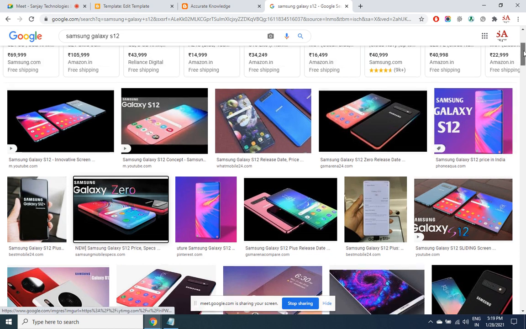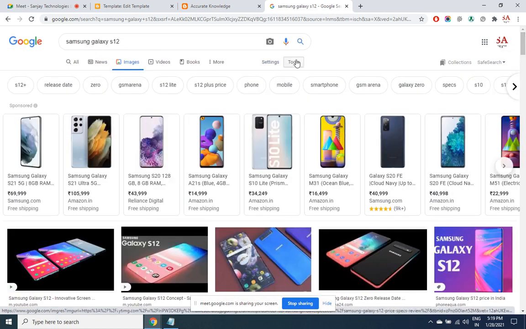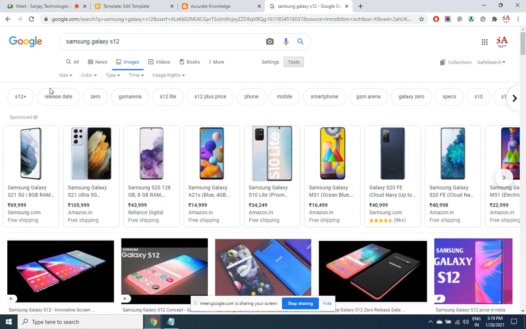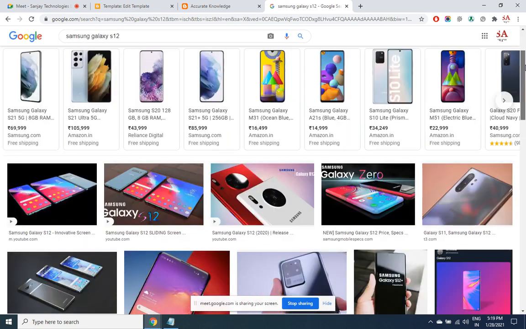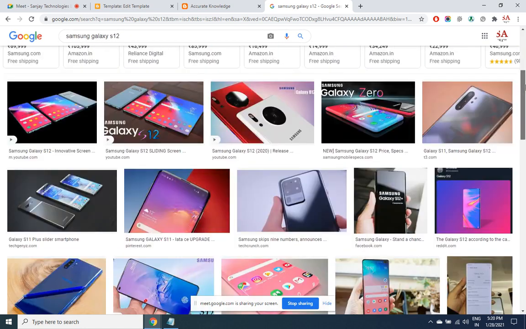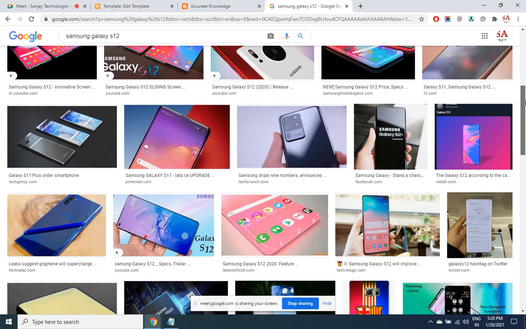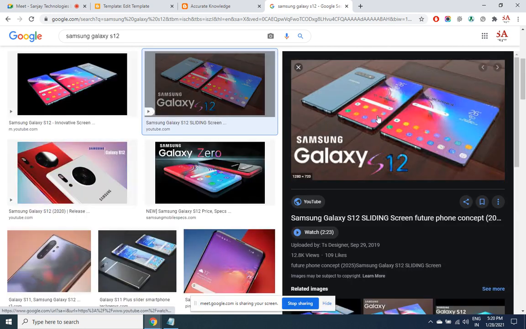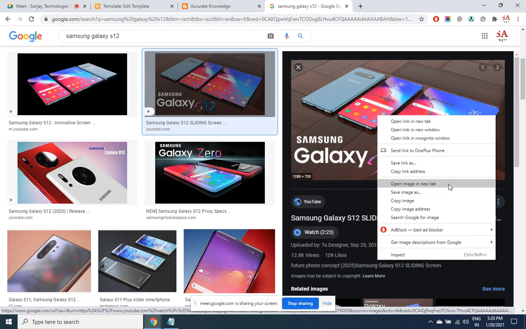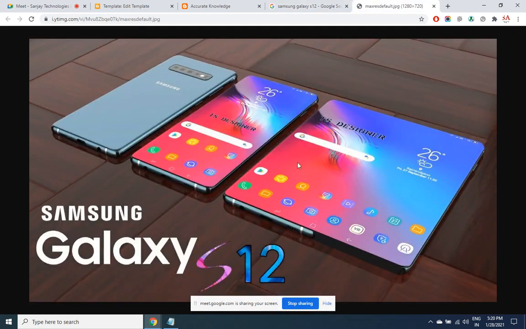You can filter the image size from here: Tools, Size, select Large. Let's take this. This is a bigger image.